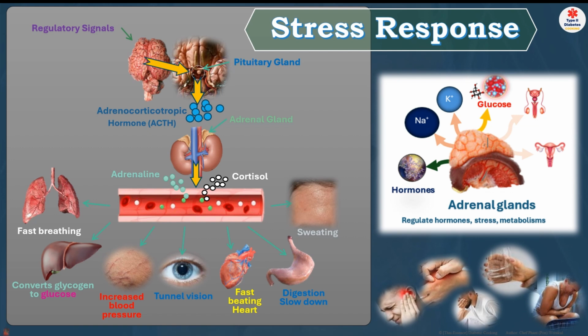And blood pressure definitely increased. I can see that one pretty well when I get stressed, and then it shoots up real good too. So the data that we're going to go through, we'll talk about later. This is the adrenal gland, because it controls the sodium, the potassium, the hormones that you produce, the glucose, and your reproductive system.